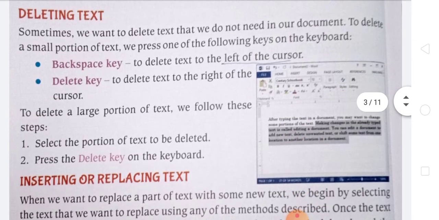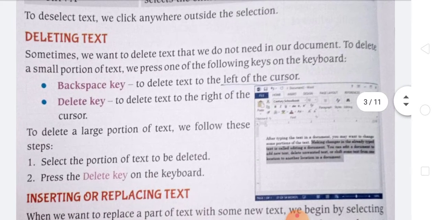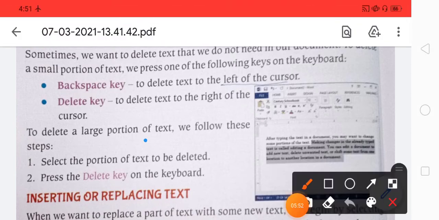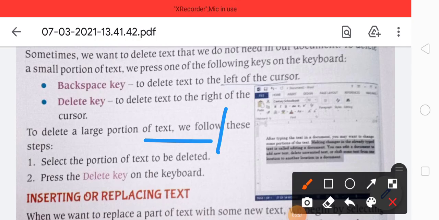Now, deleting the text. How to delete the text? You have two ways, that is the backspace key and the delete key. Students, carefully learn that to delete text to the left of the cursor, you first put the cursor in the word. Then you press the backspace key and the letter is deleted.